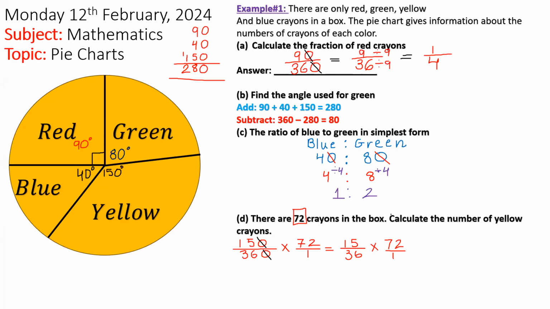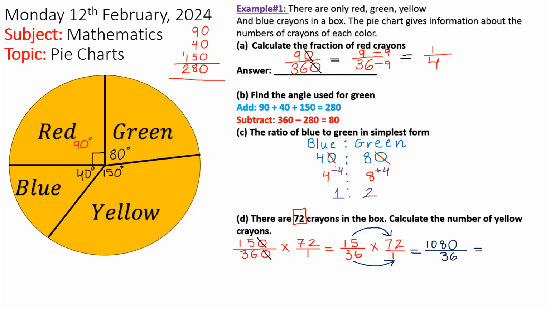So if we were to multiply 15 by 72 and 36 by 1. So let's do that. What is 15 times 72? 1080, very good. And what is 36 times 1? 36. Good, so this is going to be equal to